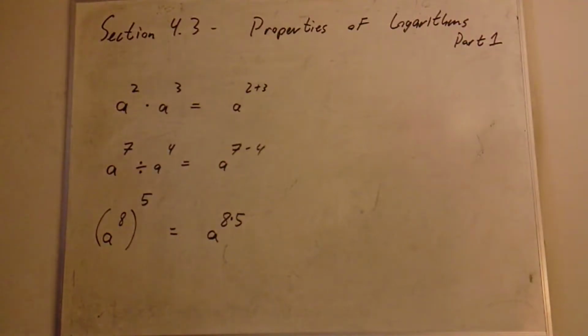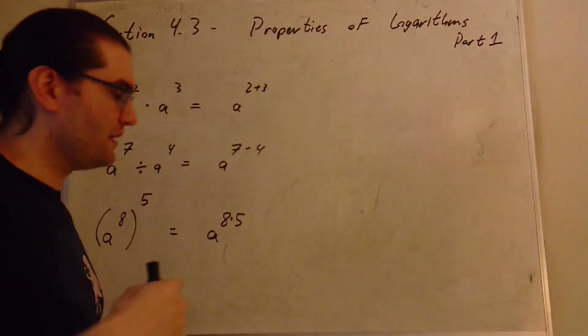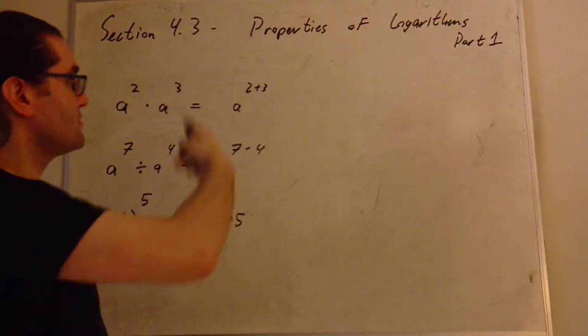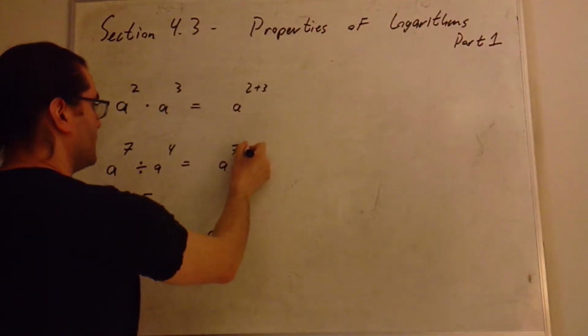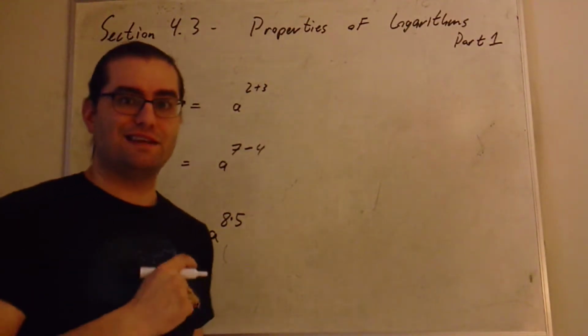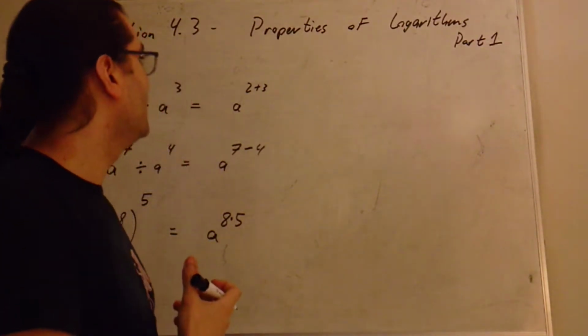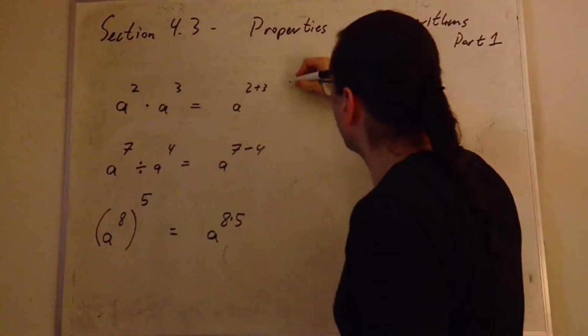So, these are the three important properties of exponents we're going to talk about. They are related to properties of logarithms that we're going to discuss, very closely related. And before I start to move to the properties of logarithms, I'm going to give these things names. The name that I want to use for this one is, for exponents,